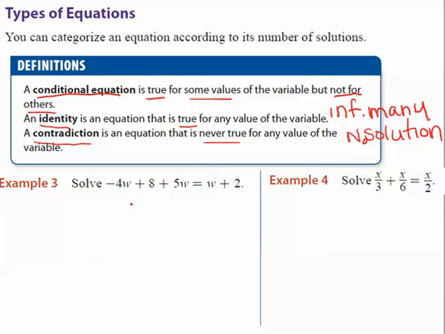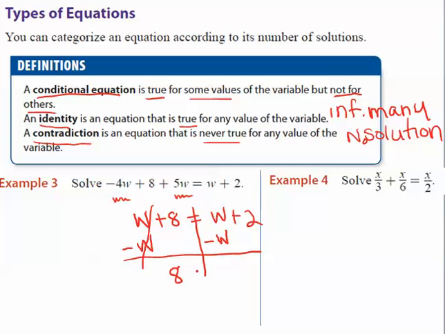So let's start with example number 3. We're going to consolidate to make it look a little easier. We're going to combine our like terms. 5w and a negative 4w is w. So we're going to get w plus 8 equals w plus 2. Okay, the rule is letters on one side, numbers on the other. So I'm going to subtract w from each side, draw my line,